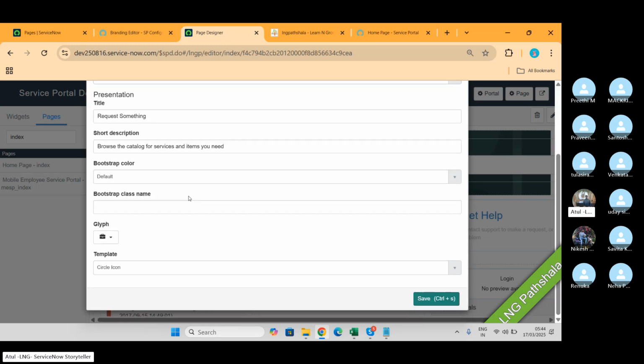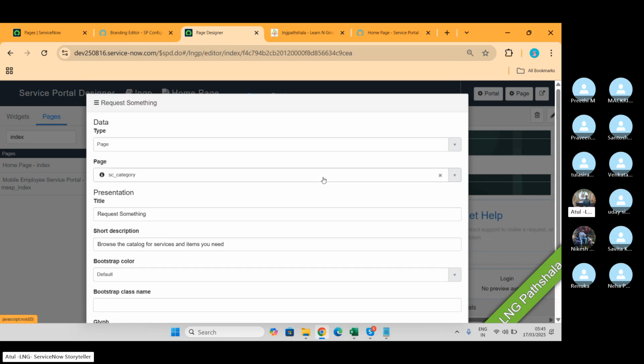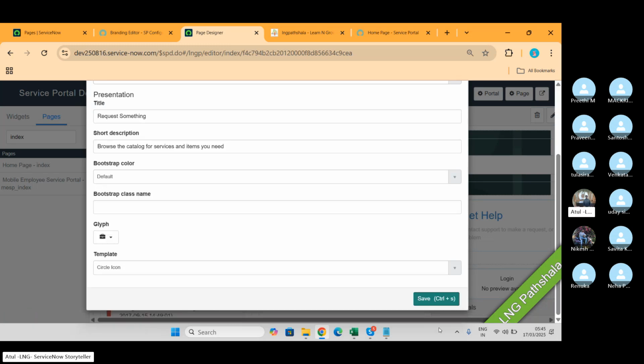Pages we can change, that's not an issue. But make sure if you change a page and if that page is used in multiple portals, it will affect every other place as well. So you can change out of the box pages as well.